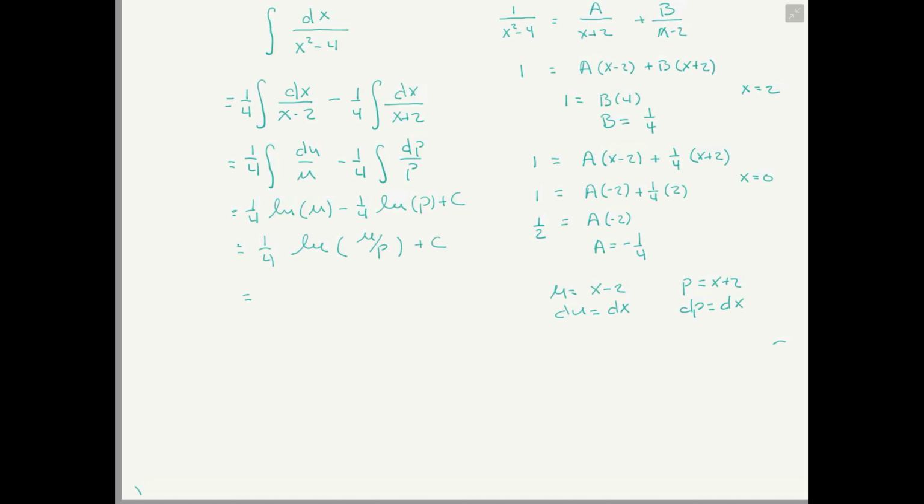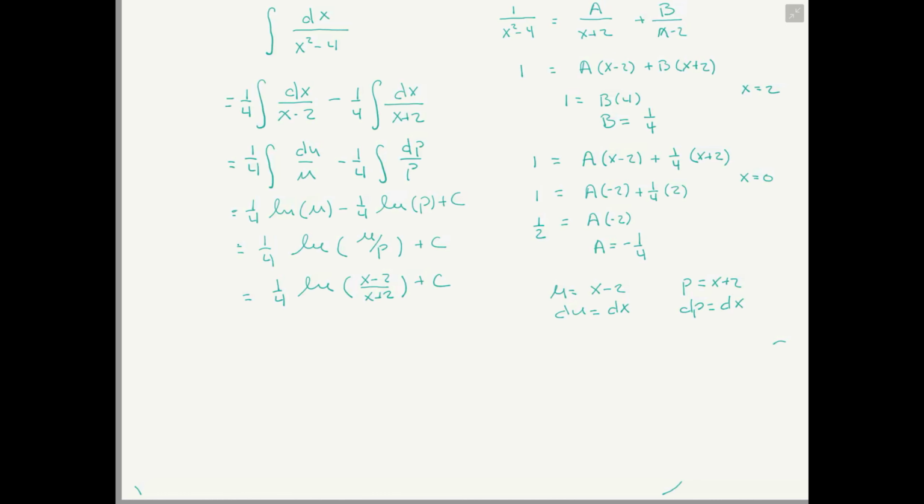But we can use our rules for exponents and logarithms, and we've got equals 1/4 ln of u on p plus c, and that is 1/4